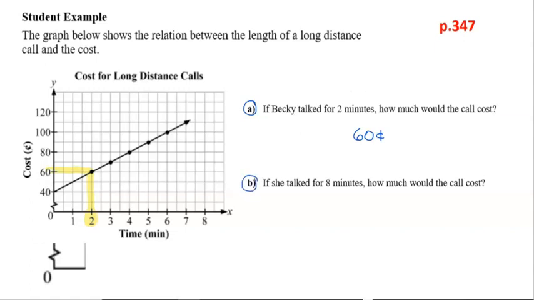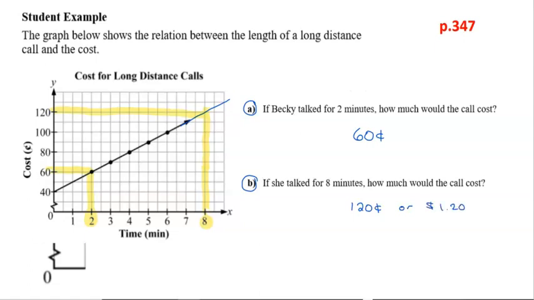For B, if she talked for 8 minutes, how much would the call cost? We see we have 8 minutes, but when we go upwards, we see that the line has not met that far. So we have some options. Because this graph is pretty straightforward, we can draw upwards, and we probably will be able to extrapolate that way. So we can create the line or extend the line a little bit, and then we can move our eye backwards and see that that call is going to cost 120 cents or